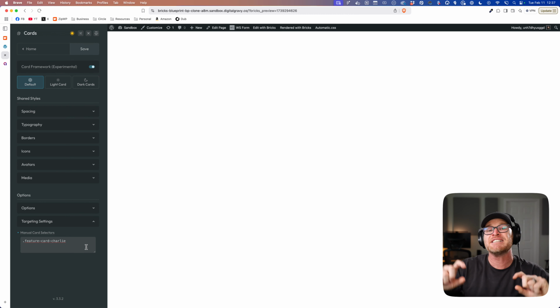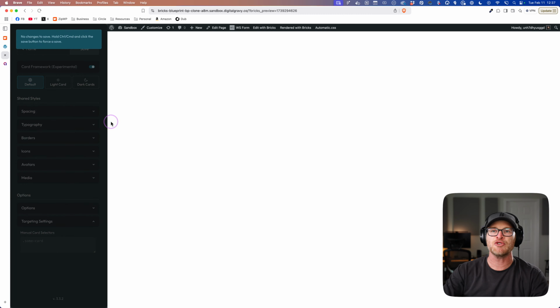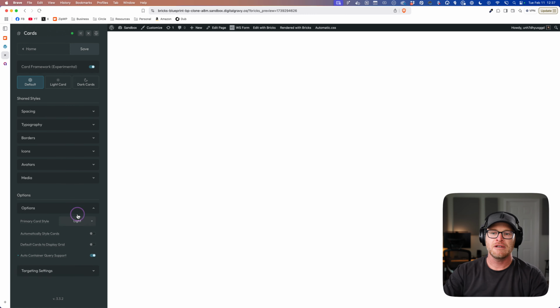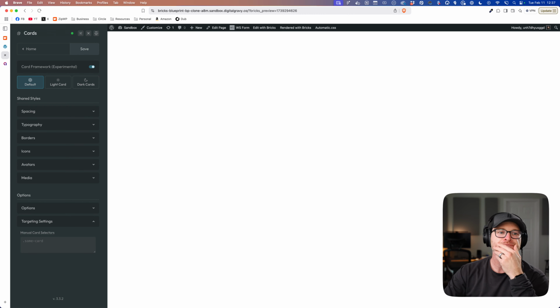So yes, that is absolutely one way you can kind of pseudo auto style your cards. This would be the safest way to auto style your cards. Okay. And then you can manipulate the variables for any values that need to be changed. So yes, that is a pseudo auto styling approach. If you're not fully committed to auto styling all of your cards, then I would use this targeting settings option. Yes. So you're not excluding cards. You're just choosing which ones get auto styled, which by default excludes every other card.